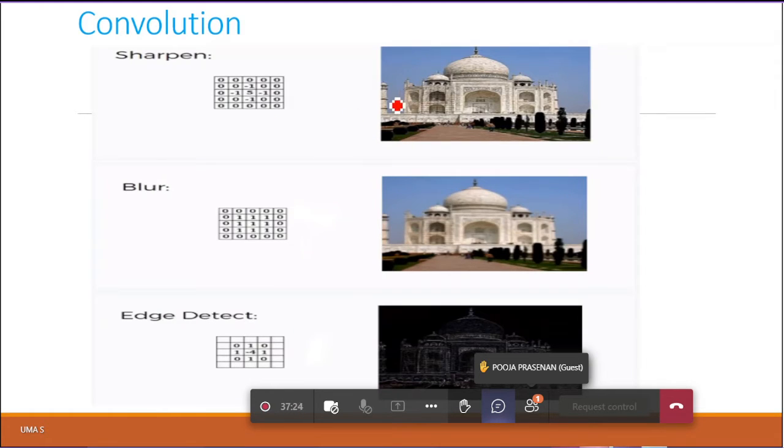Suppose you want to sharpen an image, you can apply a mask where the center pixel is 5 and the remaining are -1. You can get sharpening of images. Unlike blur, you get it by applying all ones in the mask. And if you want edges detected, we can make the center value -4 and the remaining diagonal values 1.